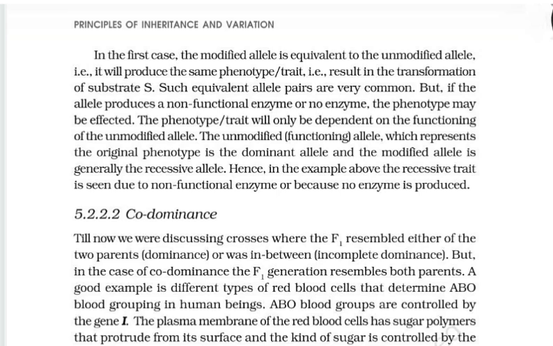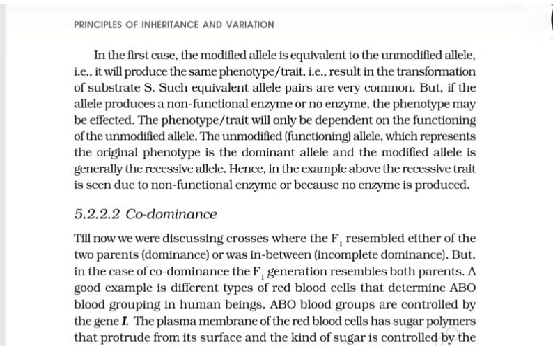Let's take an example of a gene that contains the information for producing an enzyme. Now, there are two copies of this gene, the two allelic forms. Let us assume, as is more common, that the normal allele produces the normal enzyme that is needed for the transformation of the substrate. Theoretically, the modified allele could be responsible for the production of a normal or less efficient enzyme. That was the first point. Second is a non-functional enzyme, and third, no enzyme at all.